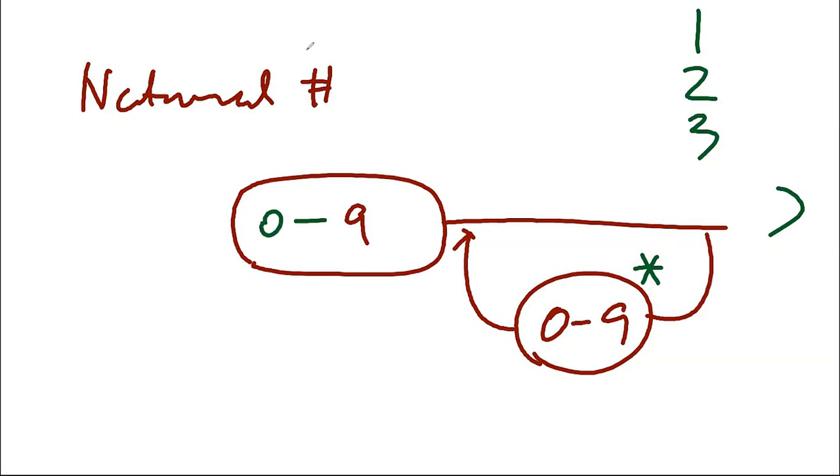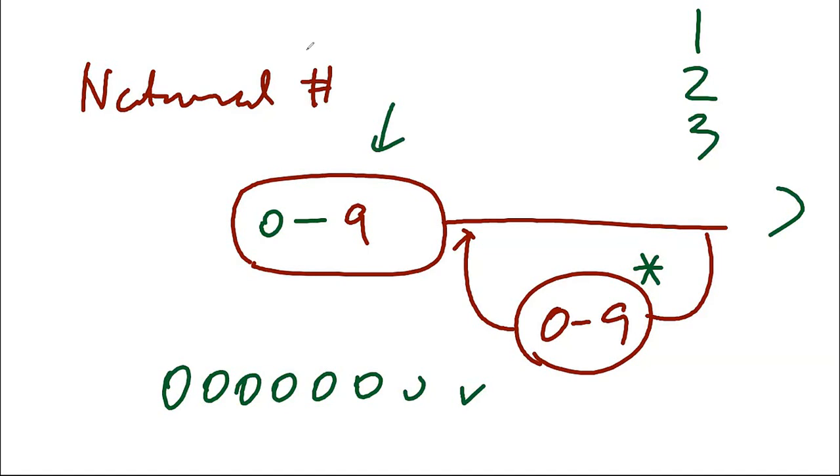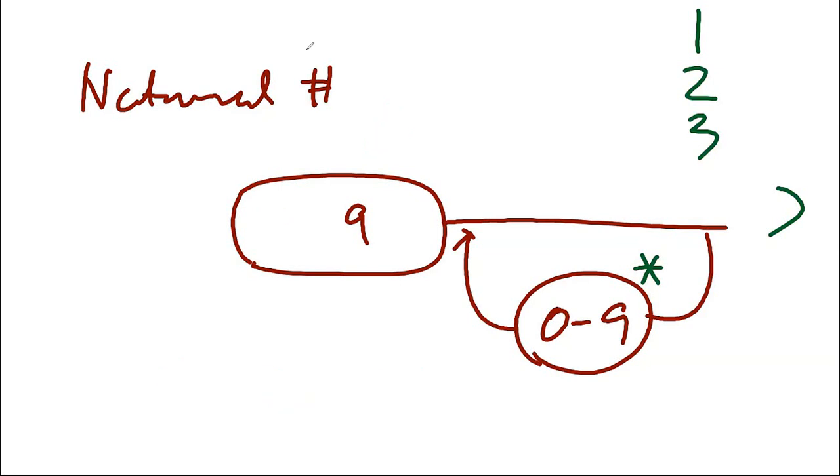Why? Because you may have a chance to generate 0, 0, 0, 0, 0. That is actually not proper grammar. If you put it like this, that's not a natural number. That's not a positive, non-negative number, right? If you want to write a non-negative number, the correct way to write this is not this one. It actually is,